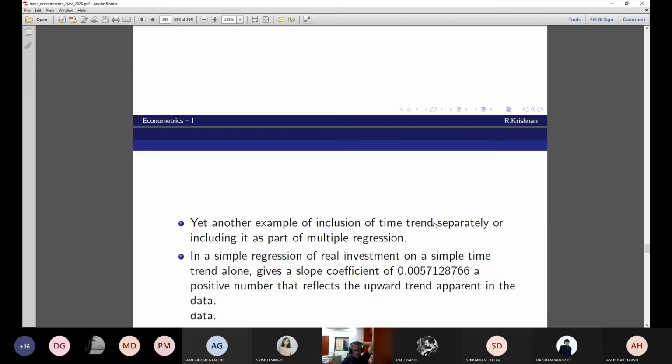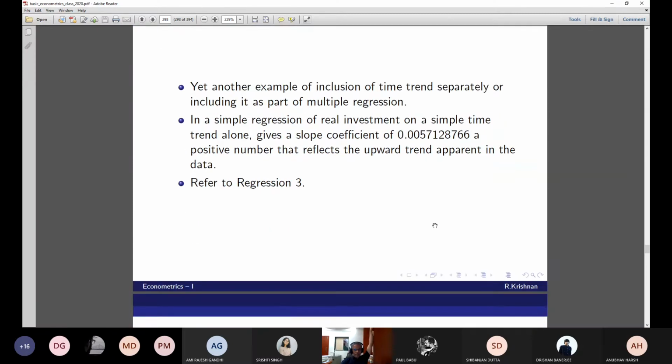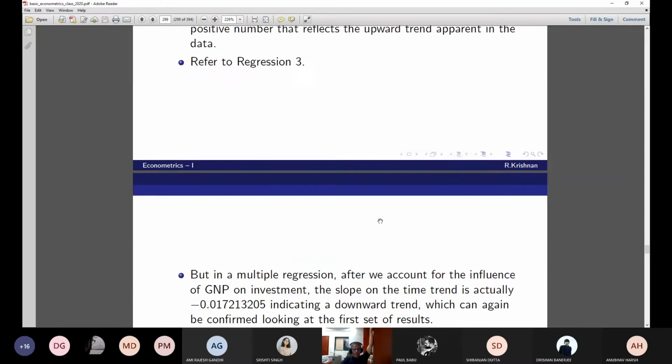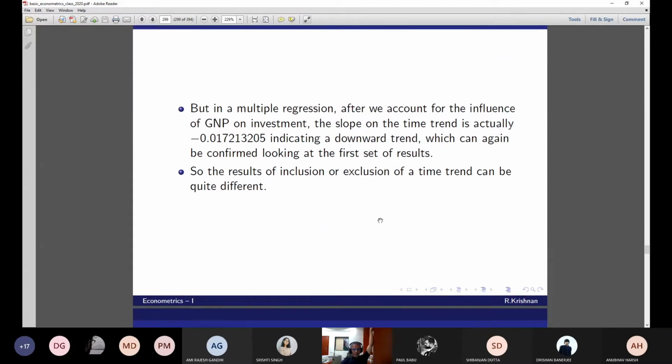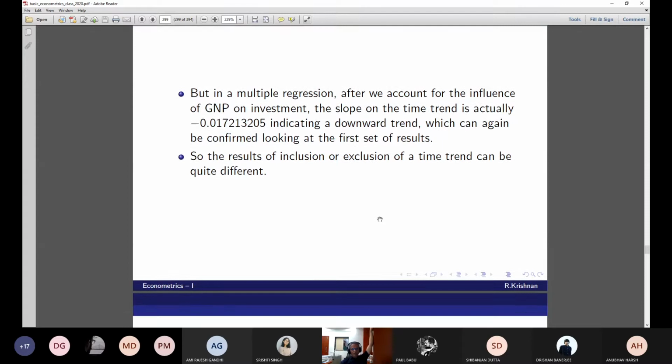You can see the Frisch-Waugh theorem. In a simple two variable setup, I had explained the Frisch-Waugh theorem, not in a more difficult setup, but I suppose you can replicate it. But in a multiple regression, after the account, these are some of the results that I have communicated to you. You can sit with it and